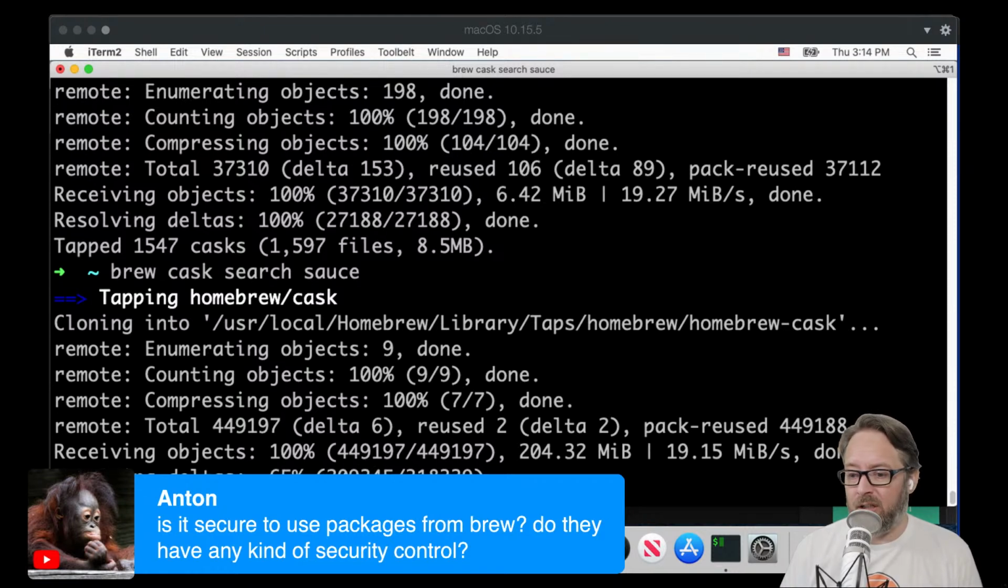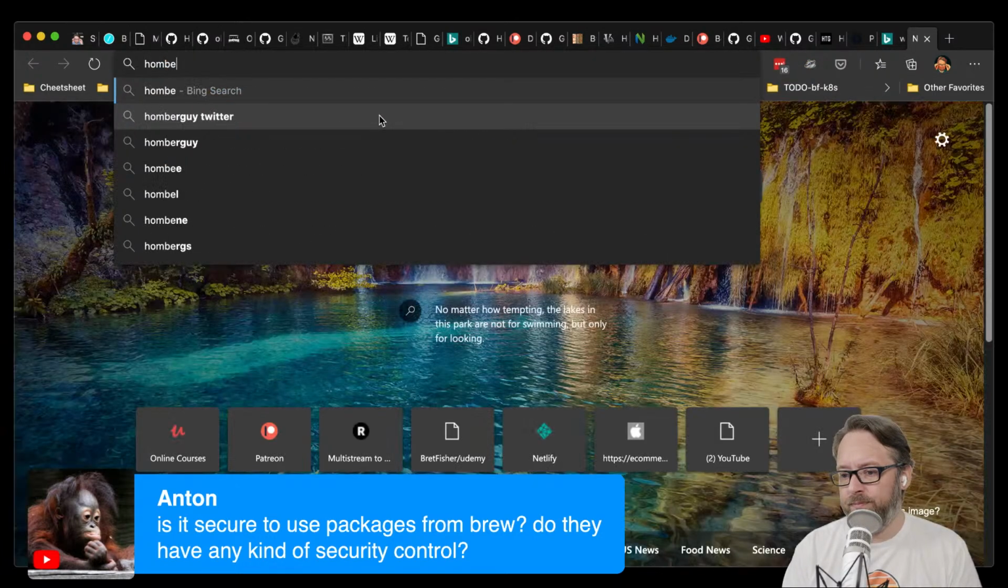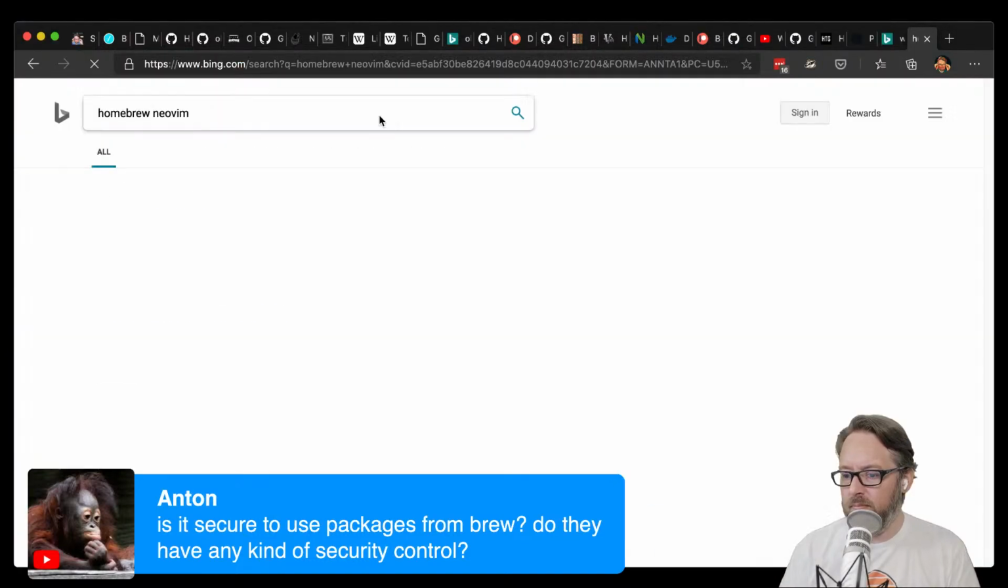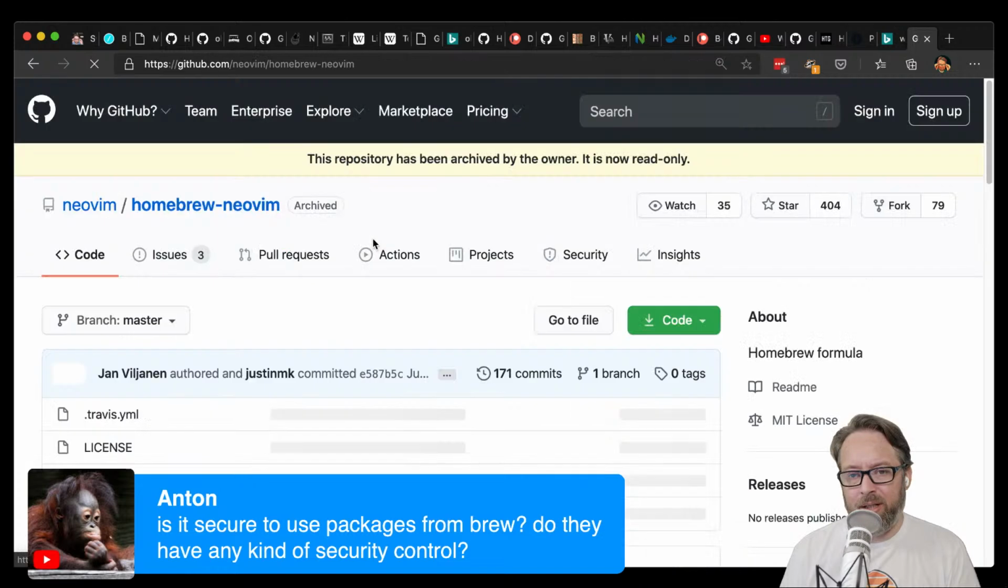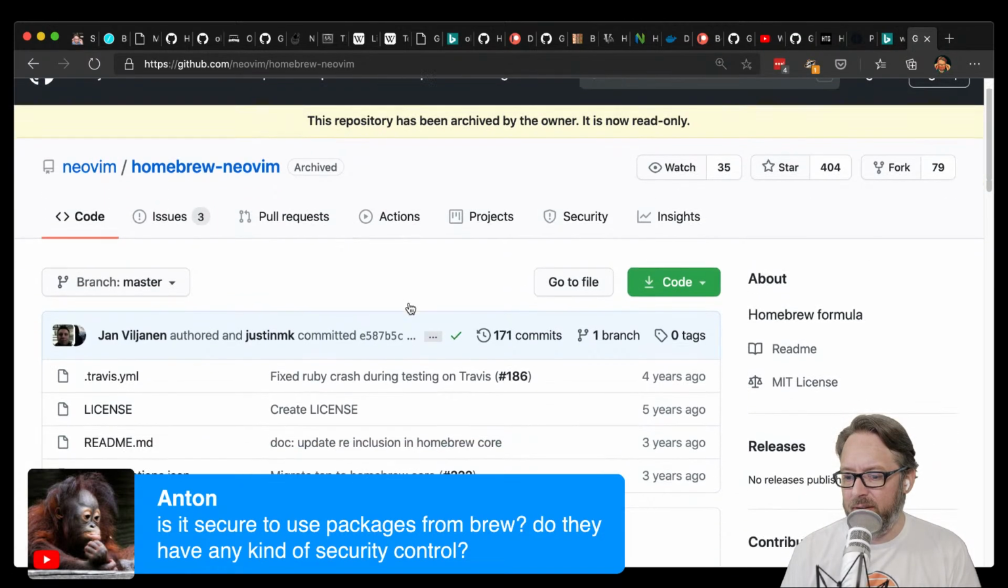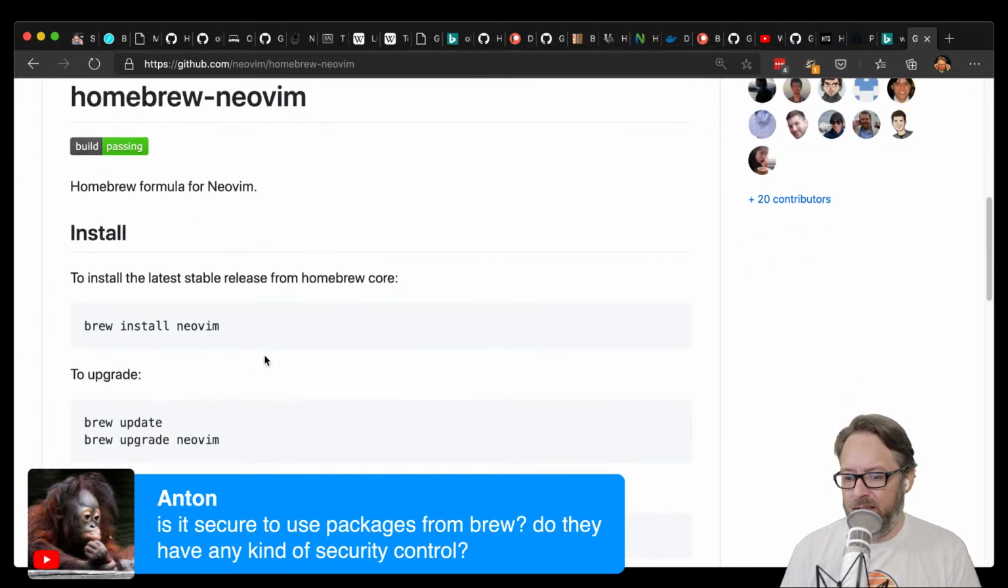Now, it's all open source. It's all on GitHub. So you can go over and look at a package in Homebrew and see what exactly it's doing. So you could do like brew edit NeoVim. Then you can look at the formula. The formula is how it's installed. And so when you type that command, you would see,